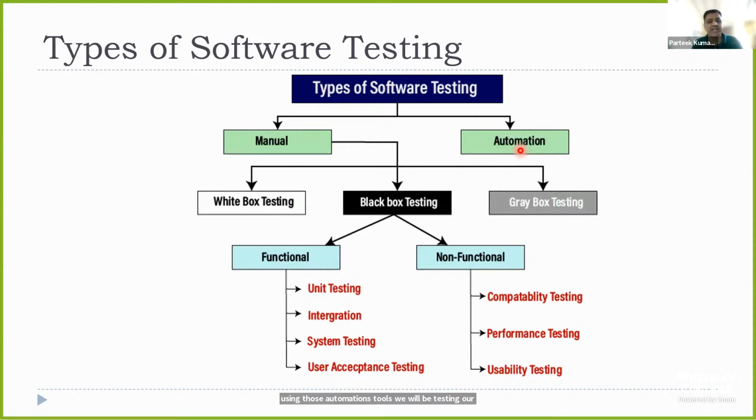Now, there are three kinds of software testing. One is white box testing, second is black box testing, and third is gray box testing. It's very important to understand in the beginning what is